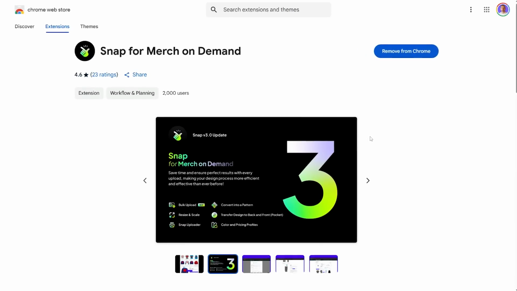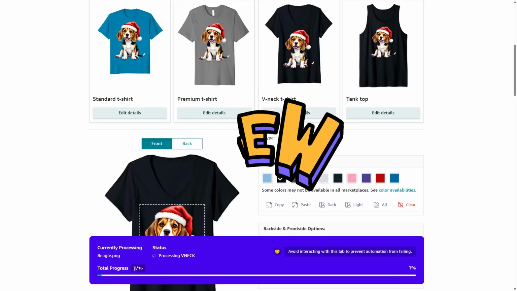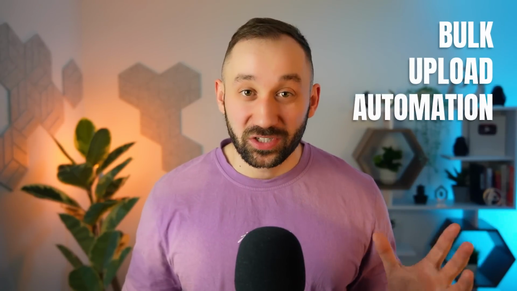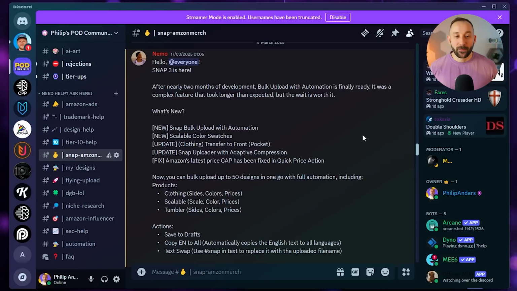Snap is quickly becoming the new and better version of Productor for Amazon Merch, and it's just had a major update where they've added bulk upload automation, which I can't even believe I'm saying for a free Chrome extension. But let me quickly go over the updates. So besides the automation feature right here, which I'll show you a complete tutorial for in this video, we also